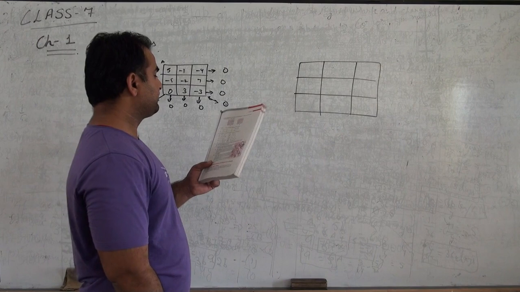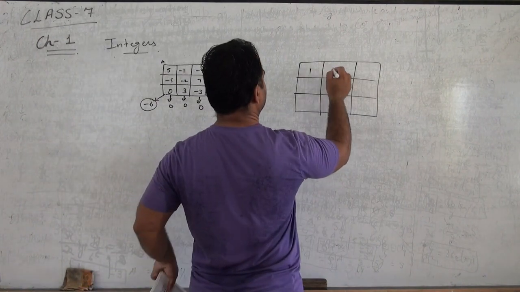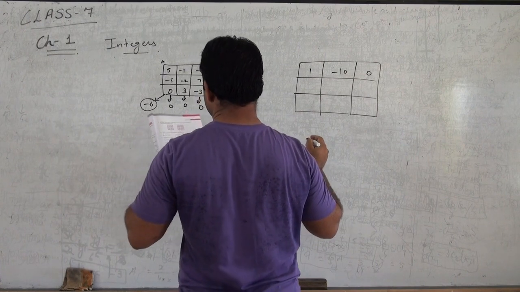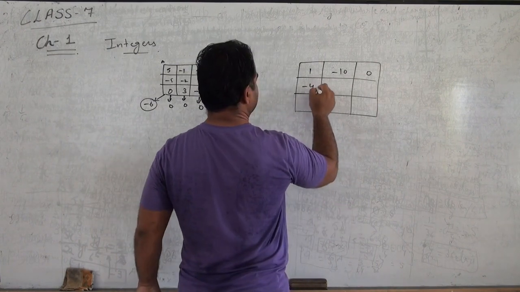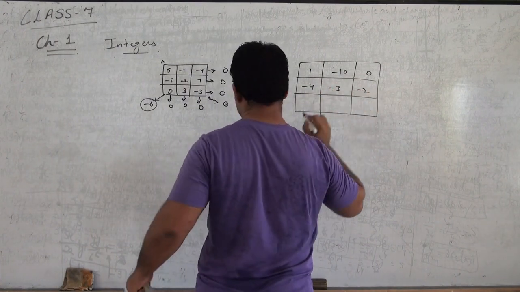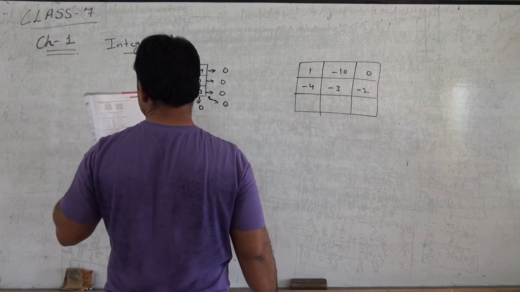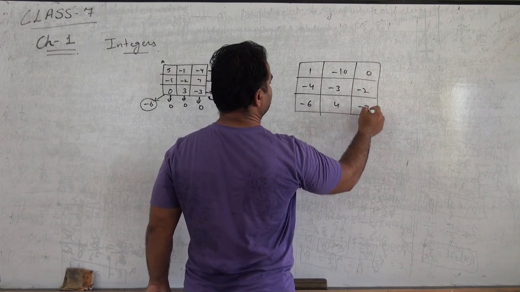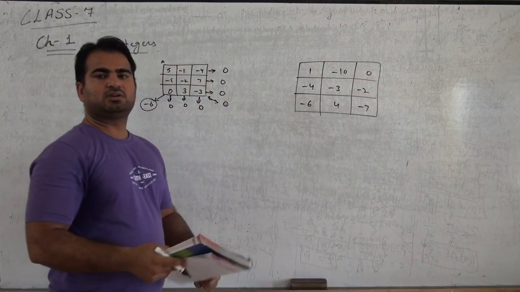It is 1 minus 10 0. Minus 4 minus 3 minus 2. And minus 6 plus 4 minus 7. Okay. So we will